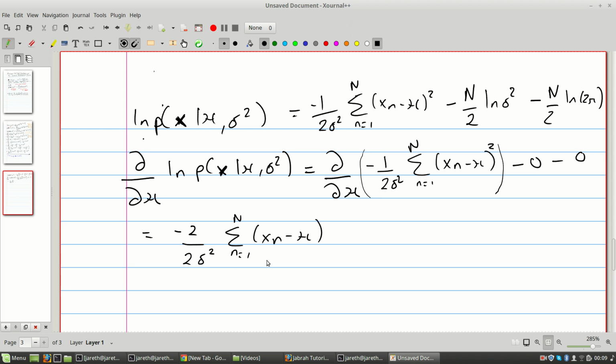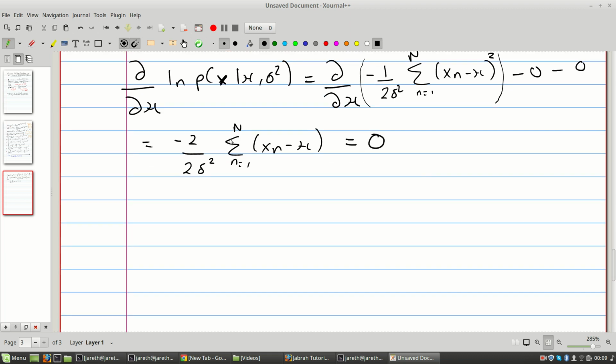The derivative of what's inside is 1, so we just ignore this, and we make this equal to 0, because we're trying to find the maximum likelihood here. So these two terms cancel, essentially. So we're left with